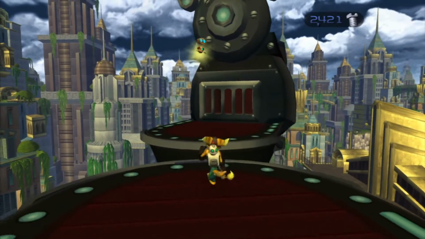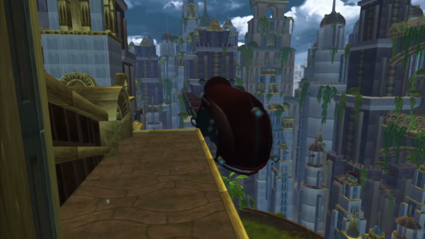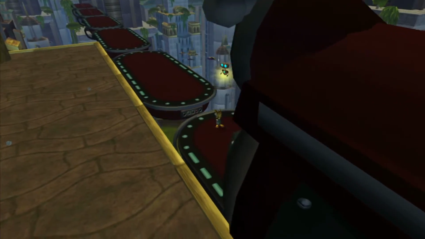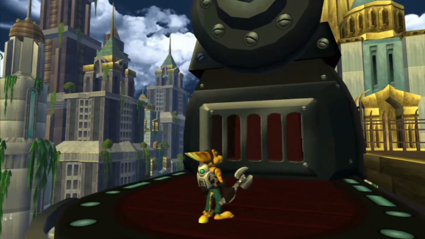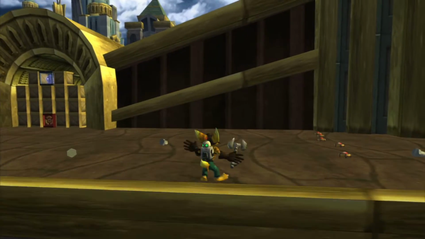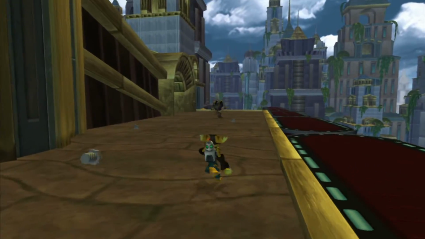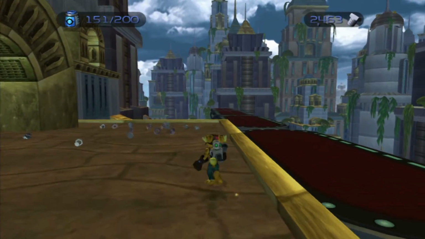And all you have to do now is just kind of wait, jump on here, and this will take you to this platform. And then the info bot's going to run on over into the middle, and there's going to be a few more enemies you'll have to deal with. Just this guy placing mines. You probably could skip him entirely, I wouldn't though. And then there's a whole big